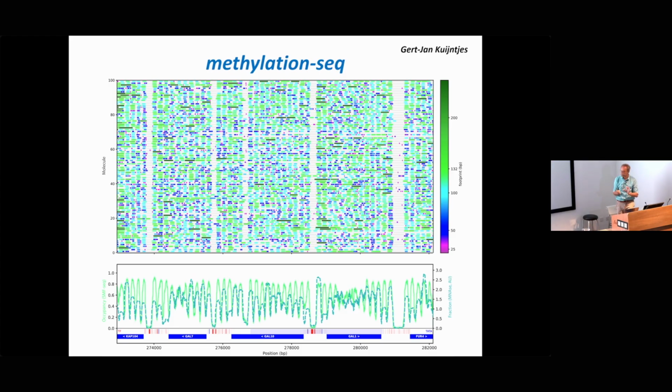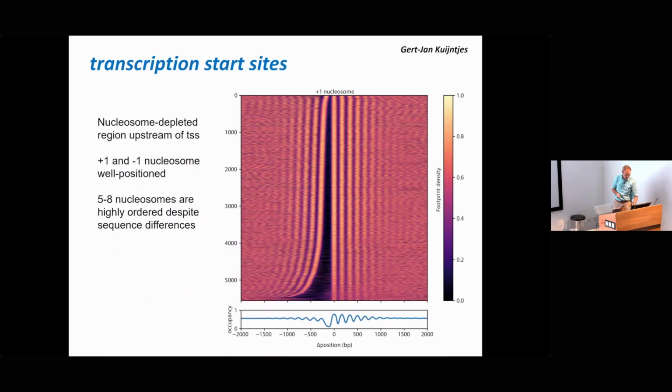wrapped into nucleosomes. Right, and you see nucleosome-free regions, that was well known, in front of genes, and you can even align all transcription start sites in yeast, and you can see that nucleosomes are not disordered at all. They are very well positioned at the beginning of a gene. There's a nucleosome-free region here, and if you sort them according to their size, you can see this nice curtain-shaped